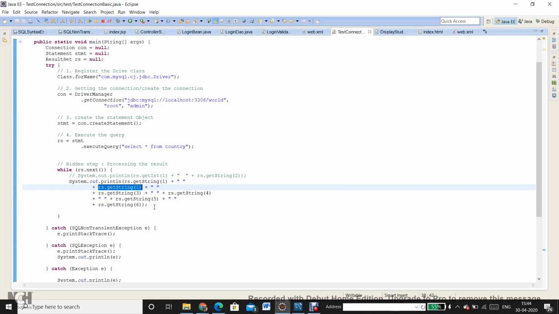So do you think there is any other method available apart from rs.getString with the name of the column, or rs.getInteger with the name of the column? Is there any other method which could do the same thing for you without getting into the technicality of the data type that we are using?